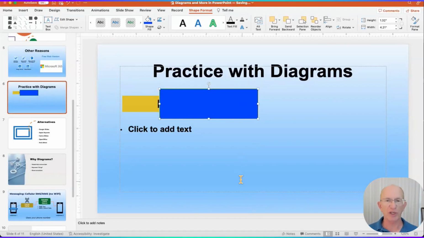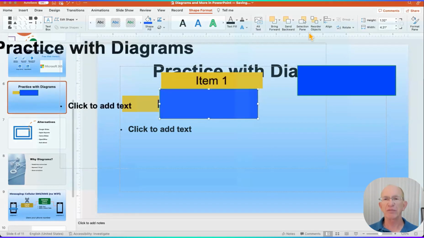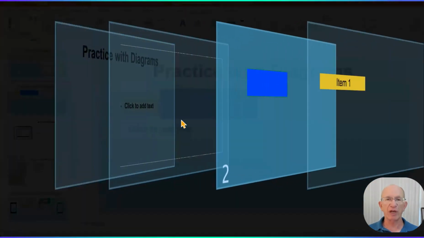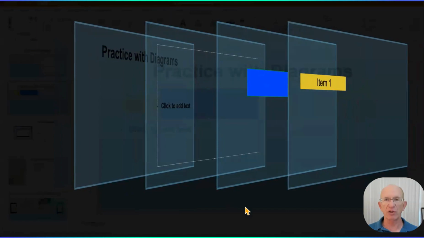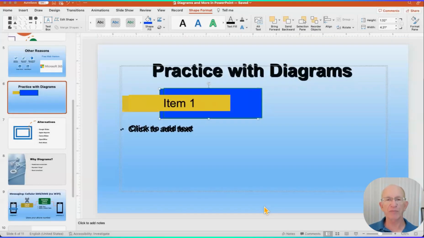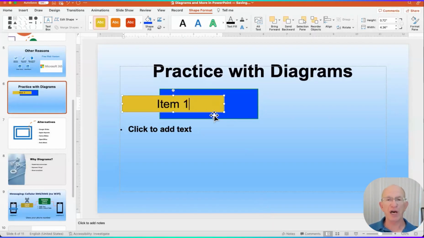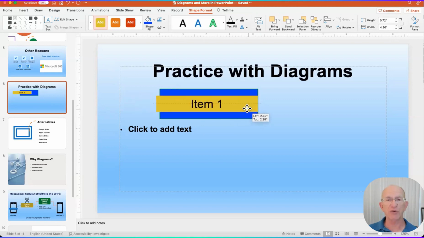I hit the return key accidentally there. Let me reorder that, put it behind, and then change it. There we go. So now item 1 is on top of the box here. So it's another way to create a shape. Grabbing the arrow, the adjuster handles at the end will let you adjust the size of the shape if you want to. Like almost in any program, like in Word, if you drag a